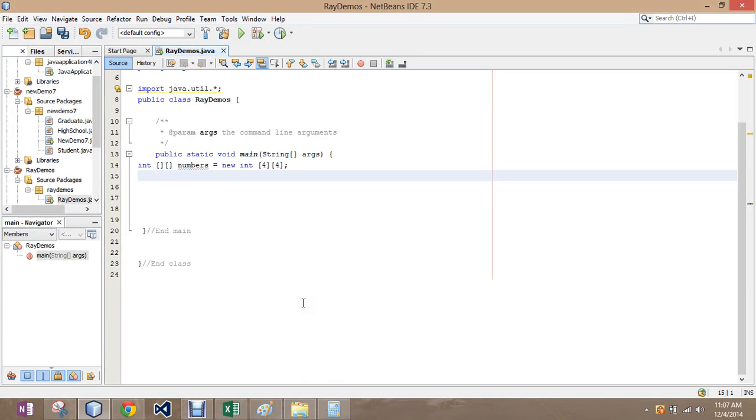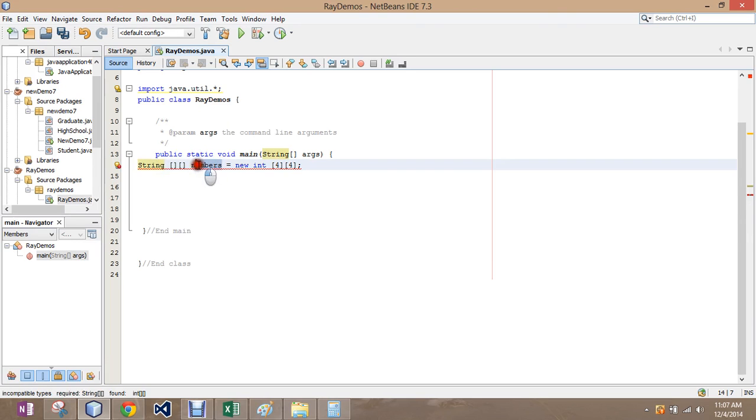We can also take all the information and randomly shuffle it around, as well as preset the information we want in our multi-dimensional array. So for example, I'm going to take this and change it to a string. I'm going to call it people